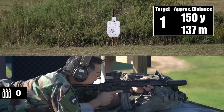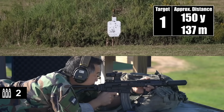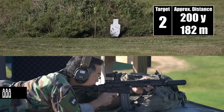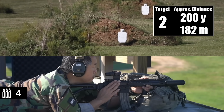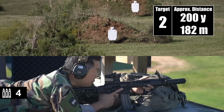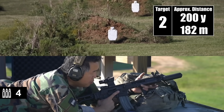All right, I'm on at 150. Impact, dead center. Impact. All right, I'm on at 200. Dead center. So in the previous testing, when Josh and I were shooting the original AR-180, the front gets incredibly hot, and as I'm shooting, I'm seeing soot come out of the front already, and I feel the heat billowing